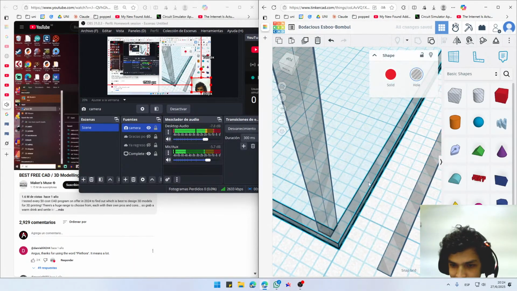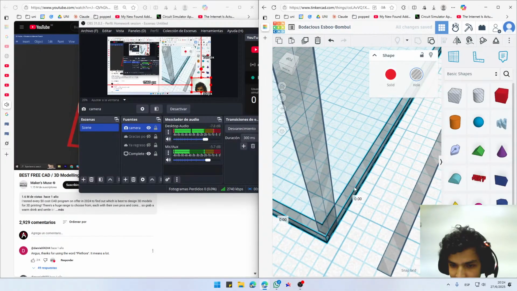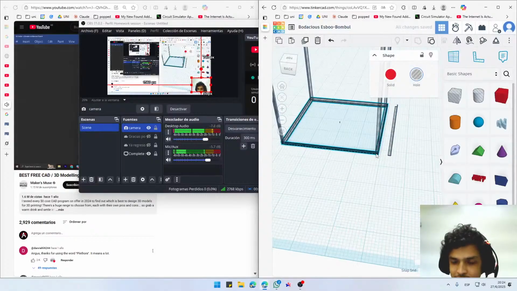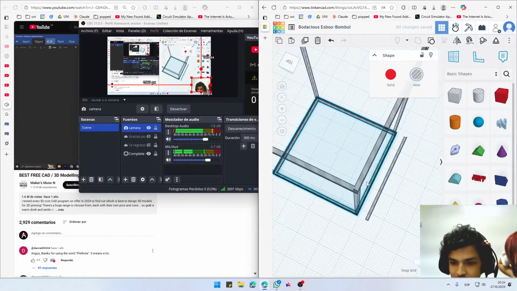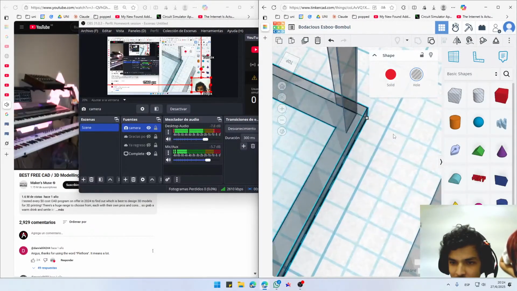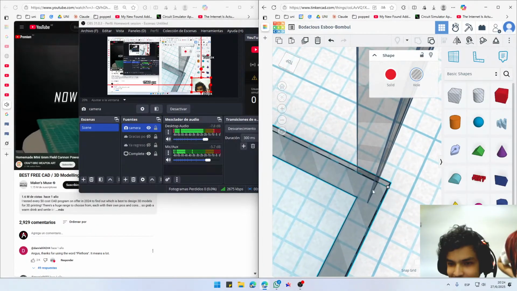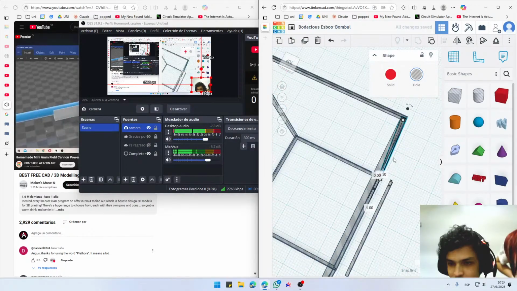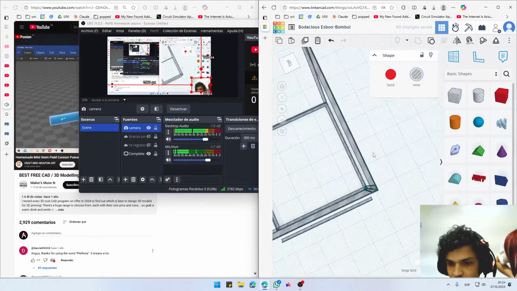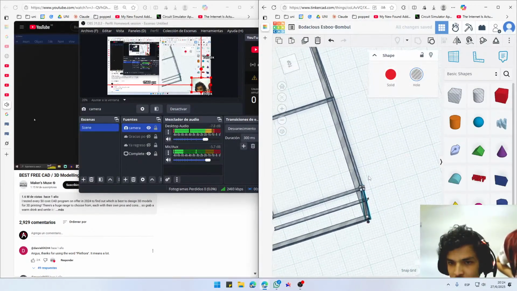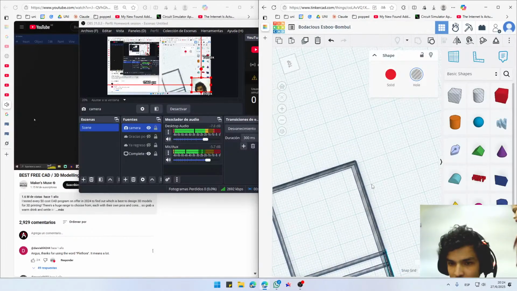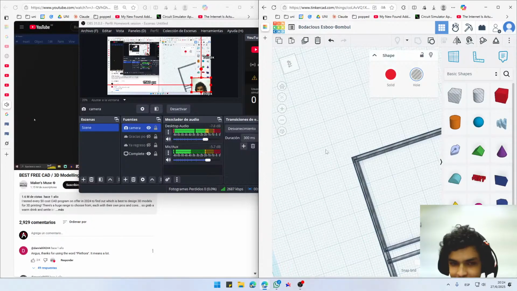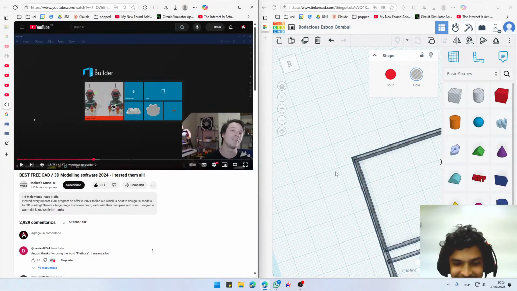Not only does it have a really powerful file repair functionality, where you can dump your file in and it will actually repair bad meshes to make them suitable for 3D printing, but you can actually model basic things in 3D Builder. And I never really thought about it until I came across a random video on YouTube where someone was doing their model in this software, and it's basic, but it did the job. If you want a 3D model in 3D Builder, it's very similar to Tinkercad, in which you start with primitives, then you change their dimensions, then you can add or